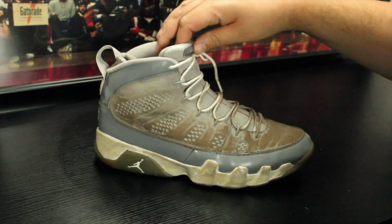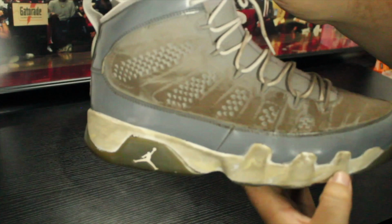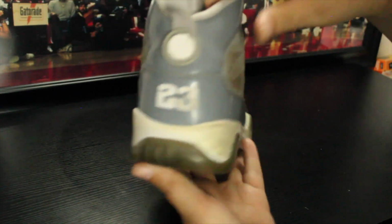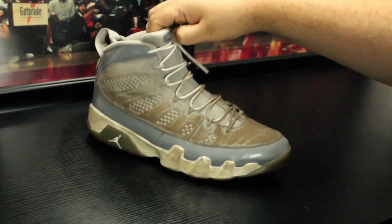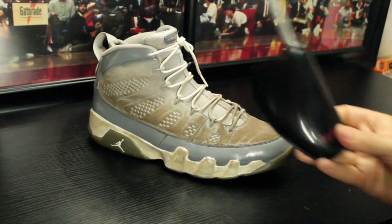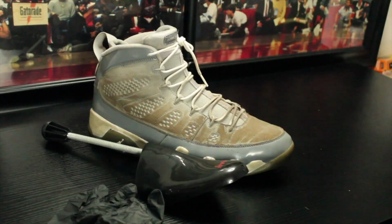Really Rez back at y'all with another video, and for today's video we have a deep clean restoration midsole repaint on these. I believe it's 2012. I'm not 100% sure on the year, but these cool gray 9s. These shoes are super dirty. I stopped asking questions when I get shoes, because I don't really want to know